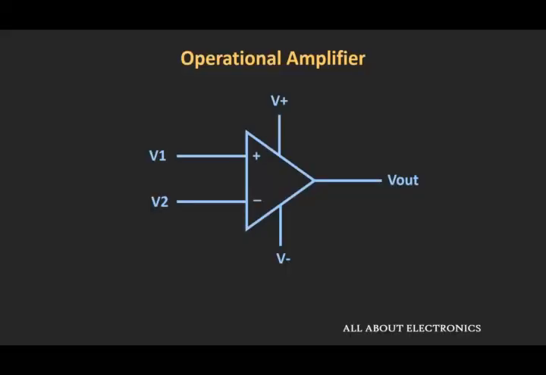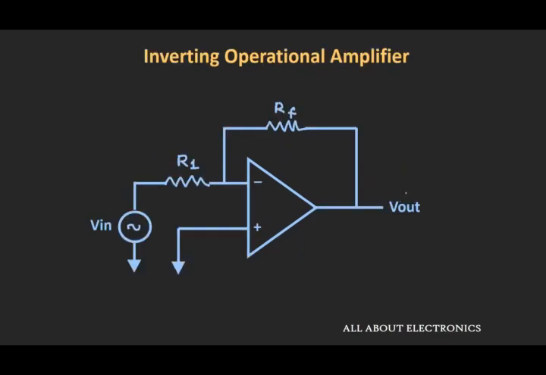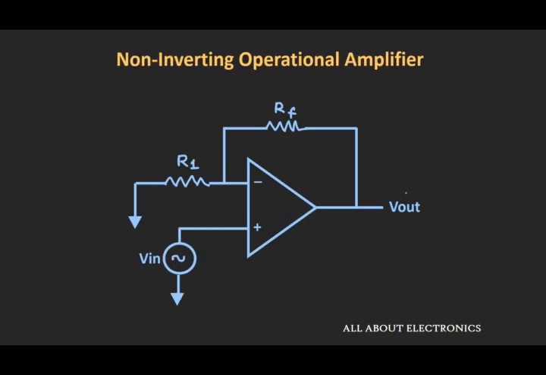We already know that this op-amp is a differential amplifier, which amplifies the difference between the inverting and the non-inverting terminals. But whenever this op-amp is used in the open loop configuration, the gain of this op-amp is quite high, and because of that your output will always get saturated. To avoid that, we always need to use this op-amp in a feedback circuit. Then we saw the inverting and the non-inverting op-amp configurations, where we applied the input to either the non-inverting or the inverting input terminal.